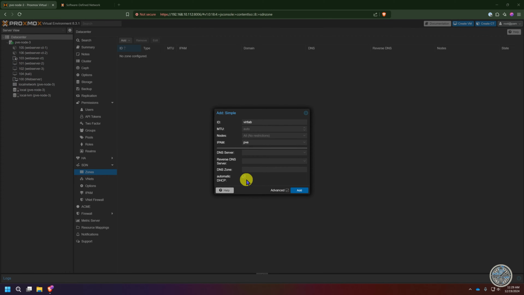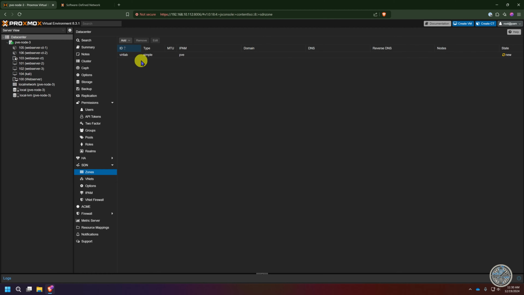If you do not see the auto DHCP option, that means that advanced has not been selected. So just select advanced in the checkbox and you should see it. And everything else I'm going to leave as default. And so I'm going to click add. There you'll see my zone show up. Its ID is VirtLab. It's a type simple, and it's in the PVE, which is okay, and the state is